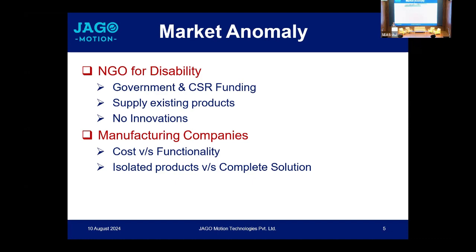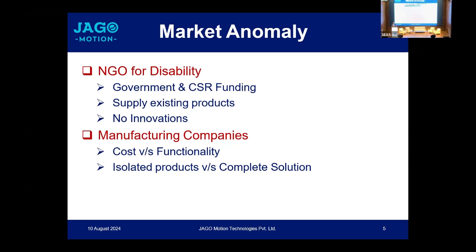So what I found is NGOs usually tap the CSR funding. Then money is distributed in some existing solutions, and that reaches disabled people in whatever the company produces. So there is no drive. The company is not directly connecting to the customer here. If we're talking about a cell phone, if somebody has to innovate a cell phone, he has to worry about the customer, like what the customer wants and how my cell phone will be sold as compared to other 10. That doesn't happen when it comes to disability solutions.